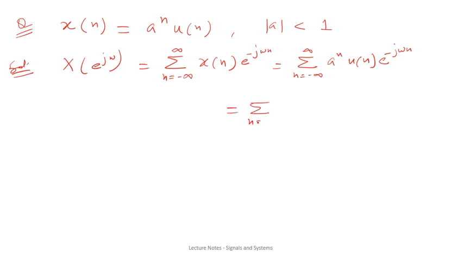So this will be the sum from n equals 0 to infinity of a raised to the power n times e raised to the power minus j omega n. Since u[n] is attached here, the limit is changed to 0 to infinity. So this X(e^j omega) will be equal to